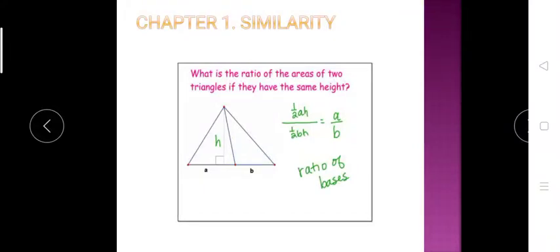Today I am going to start your geometry first lesson, similarity. Students, all of you are very familiar with the word similarity as well as congruency. Now, just for the introduction, I am going to explain to you the difference between similarity and congruency. What is meant by congruent?